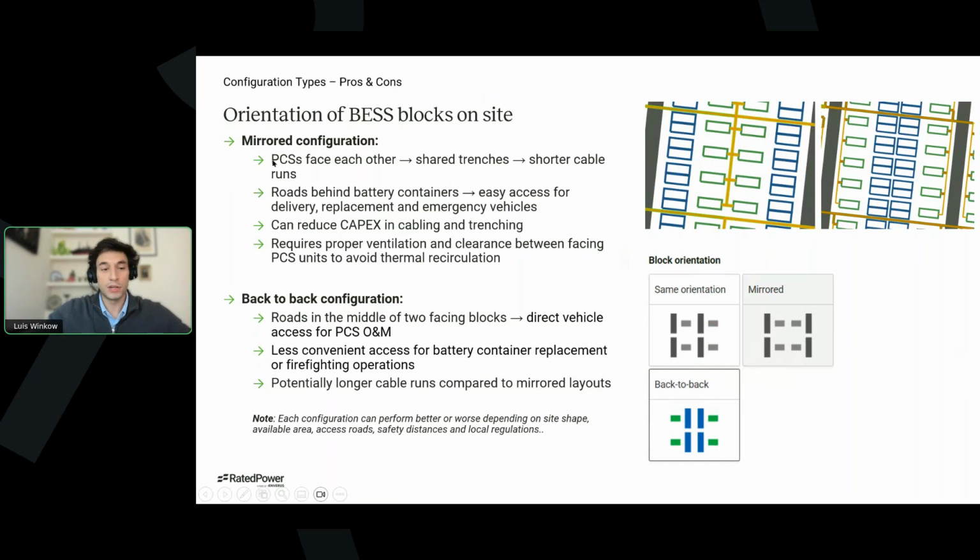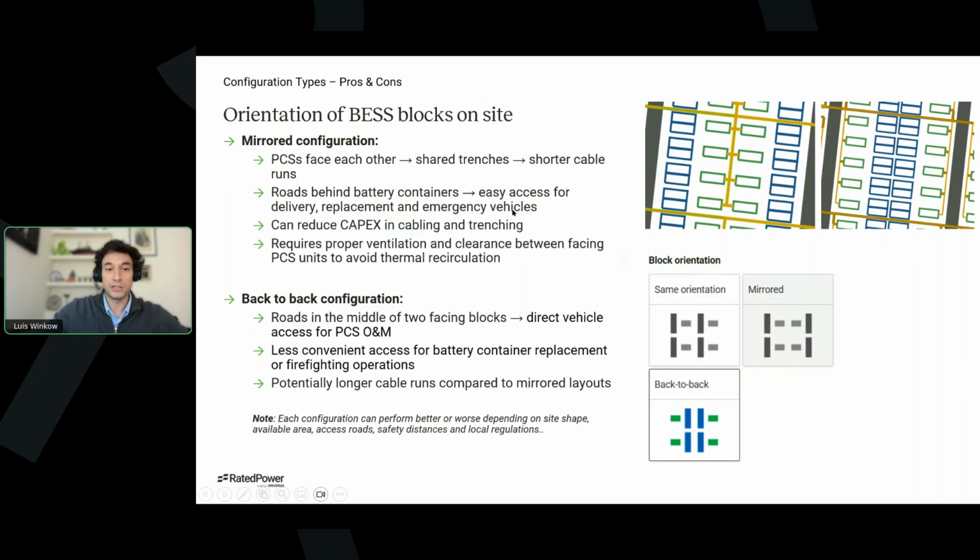And for example, a mirrored configuration could give you a layout where the PCS face each other, like this one in here. It could help you to share trenches and also shorten the cable runs. The roads would be, in this case, behind the battery containers, which would make for easy access for delivery, replacement,